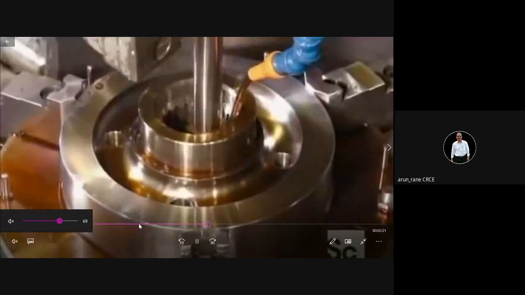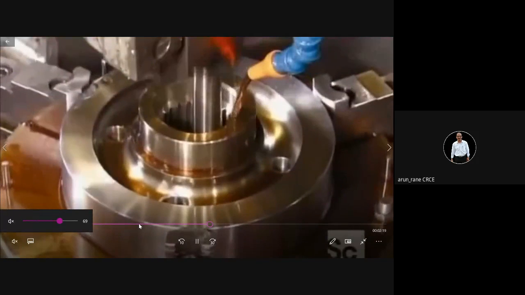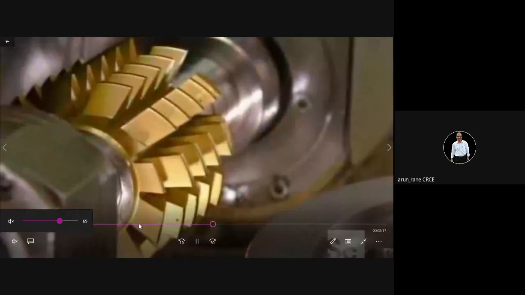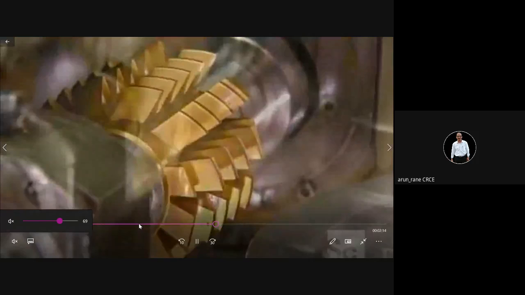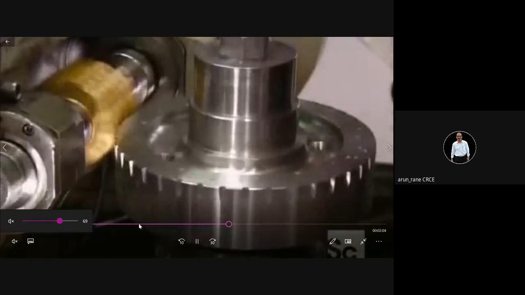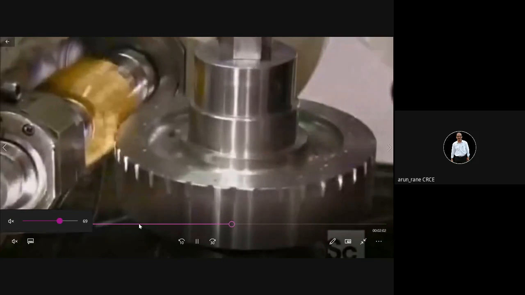This is the mechanism of the gear shaping machine, your driving mechanism. This is the gear hobbing process. Once you understand these videos, it will be easy for you to understand the theory part.